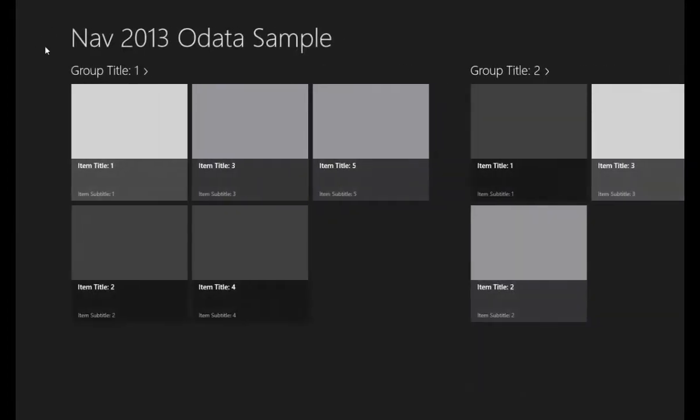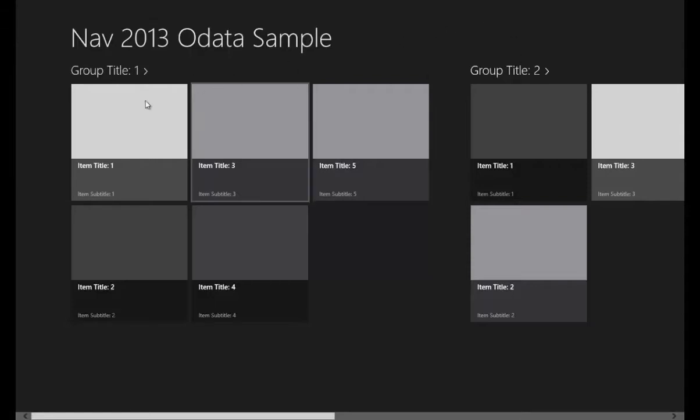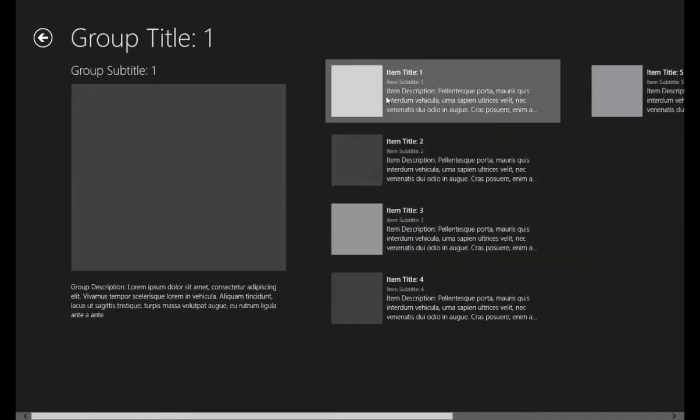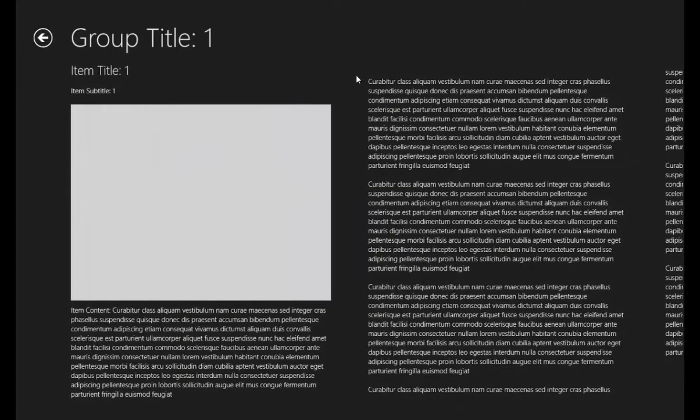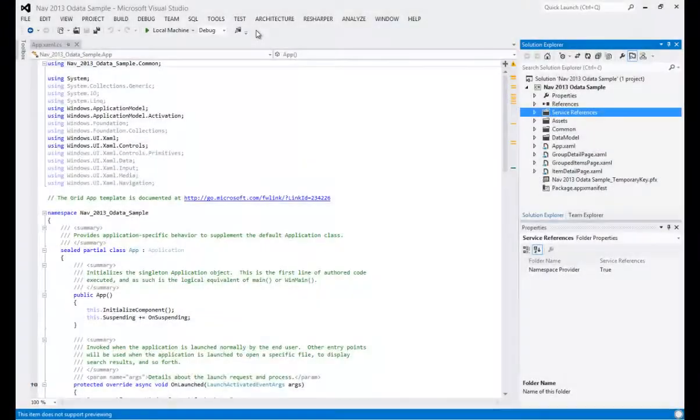Now we'll reuse this navigation structure to present data from NAV. Groups will represent locations and items will represent customers. When you click a location, you see the customers for that location, and when you click a customer, you get the customer details. We must replace the code that feeds the sample data with the code that consumes the query